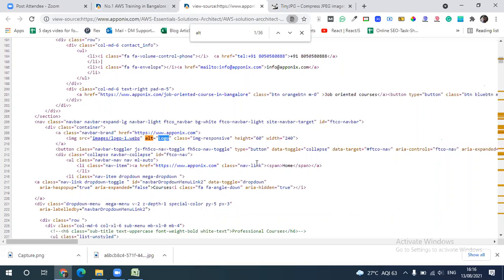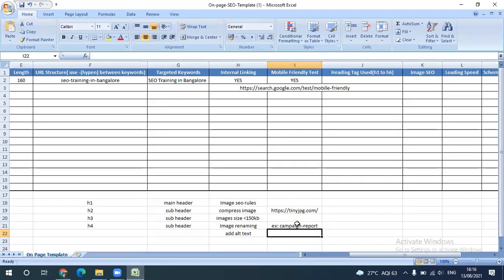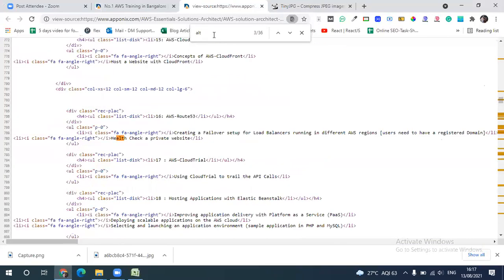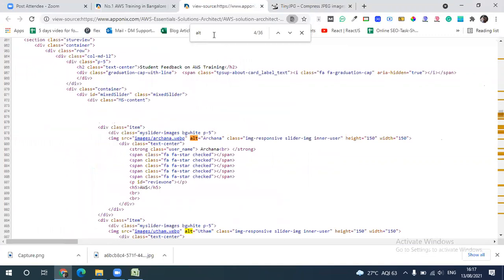That is the reason we have to mention the alt tag also. I will tell you why we have to mention it. Let's say I take the second image. Here you can see we have mentioned the candidate name. The image belongs to Archana, so we have mentioned Archana here.